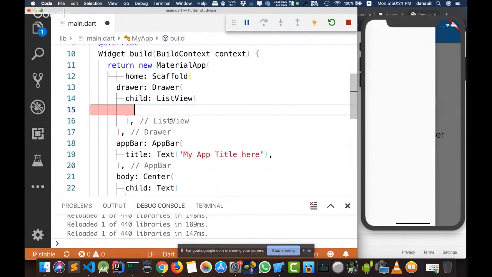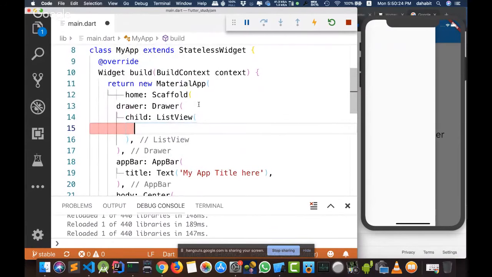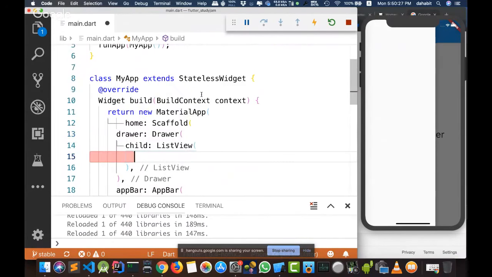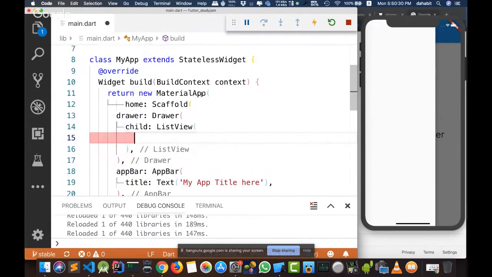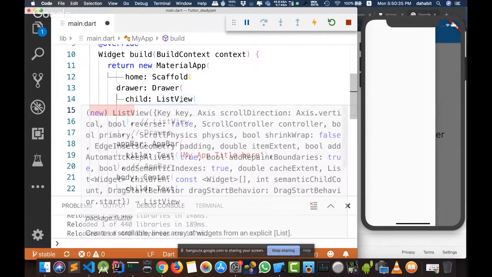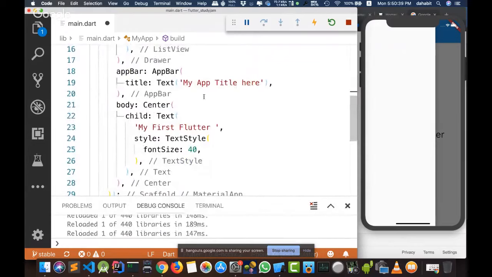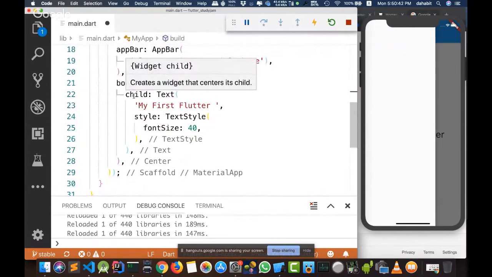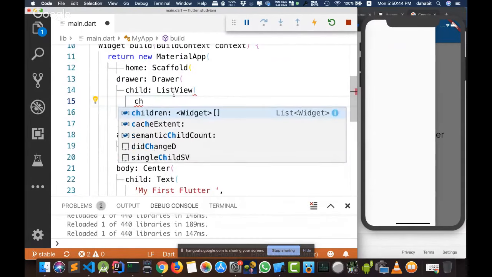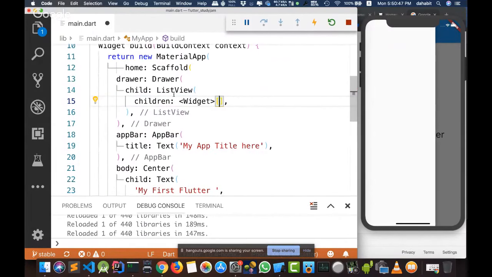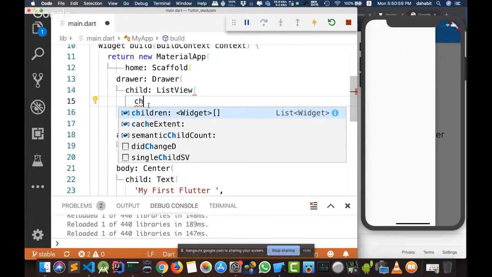But I need you to know some important things here. As you can see, Flutter follows a hierarchical tree, which means there is a widget and there are children inside this widget. Some widgets hold one element, other widgets can hold many elements. Should I know or memorize which widget? For example, the center widget has a property called child. And if I go to the list view widget, I'll find the property that is responsible for holding more than one element, called children. I don't want you to memorize anything. Just write CH, and the autocomplete inside your editor will display for you whether it is child or children.